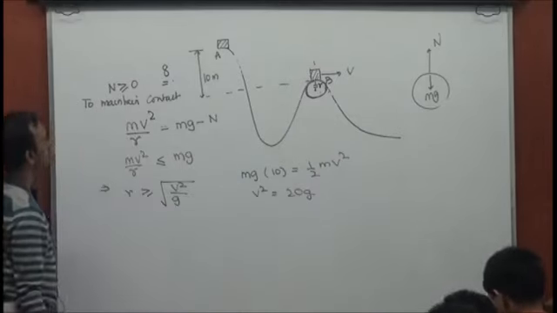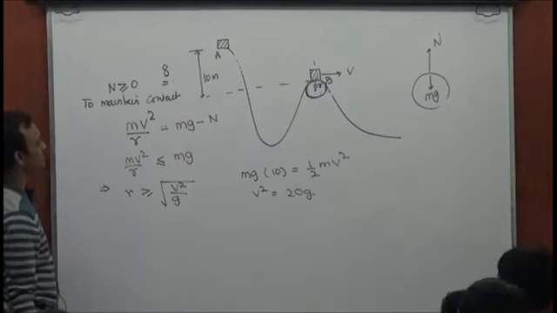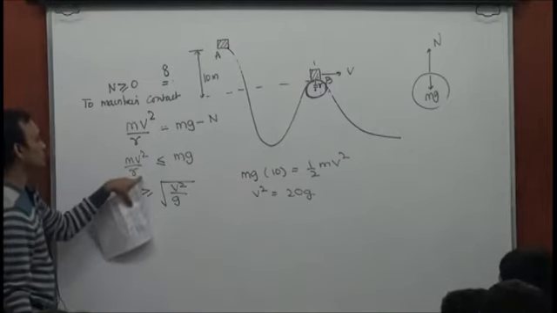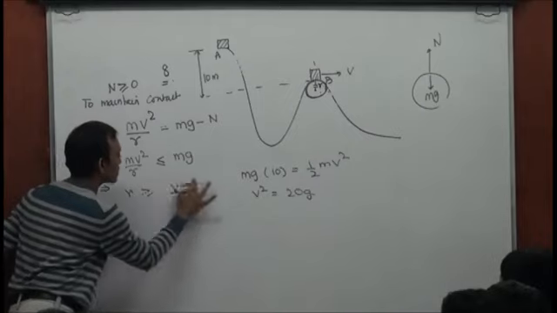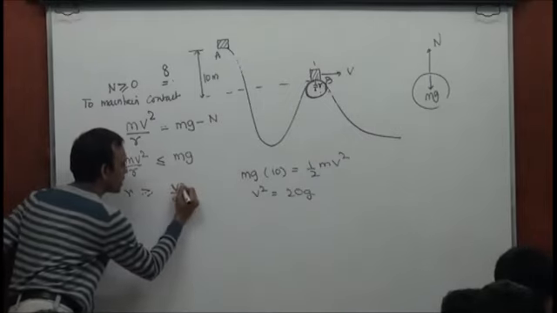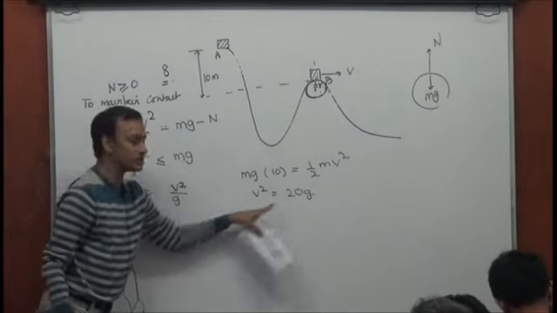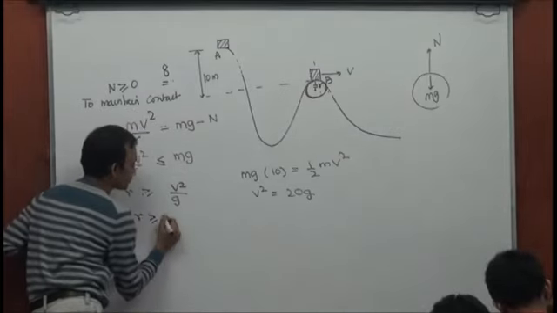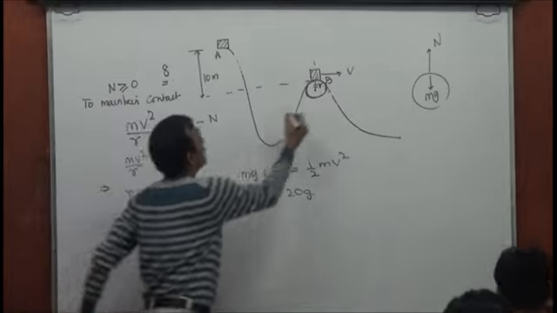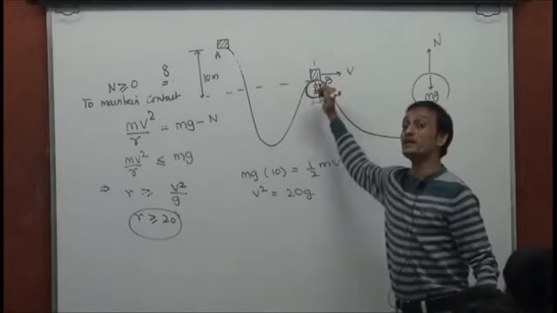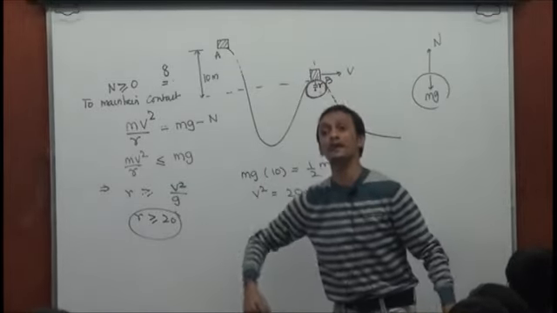Have I made a mistake? mv squared by r less than or equal to mg. R greater than or equal to, I'm sorry, v squared by g. V squared by g is 20. That means r is greater than or equal to 20. That means the minimum radius of curvature here must be 20 meters so that the roller coaster could be safe